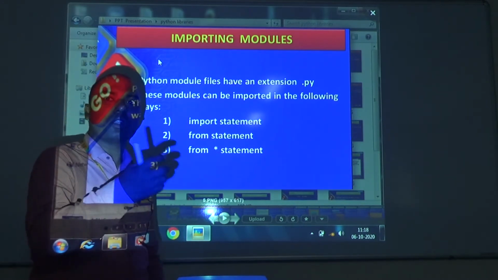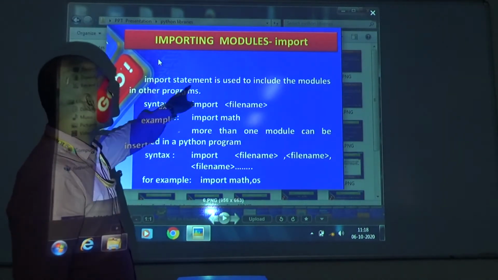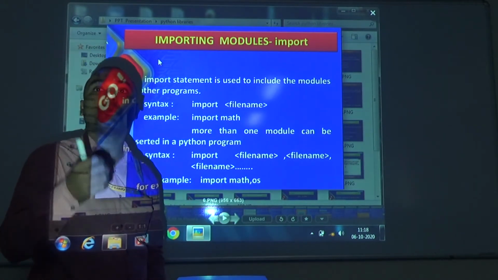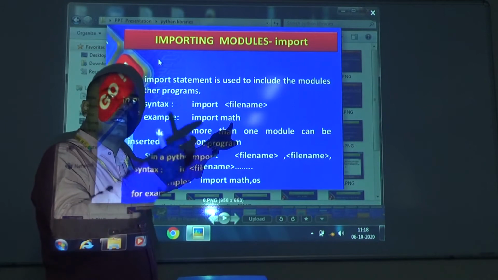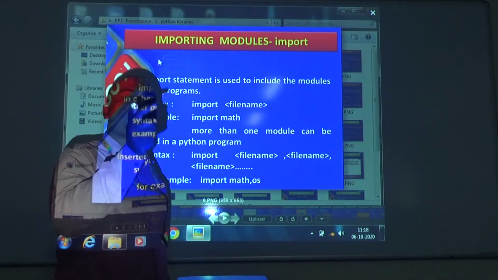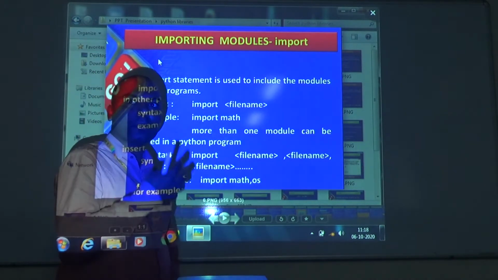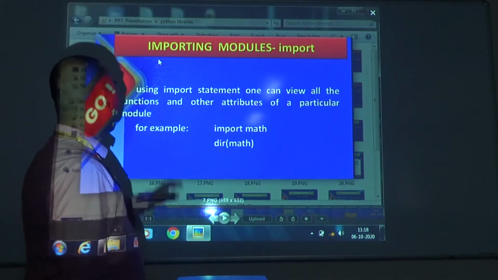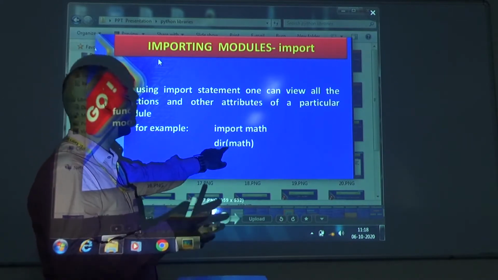From basically denotes calling separate, individual, particular modules. Now see, the import statement is used to include modules in other programs. Suppose we have to call the square root sqrt function or the pow function. How can we call it? Import file name, that means math. Math is an inbuilt module. We have to access math.sqrt, and math.pow. This way we can access the import module by using math functions such as power as well as ceil, float, and all these. Now coming to import math, dir is the directory. We can see the directory of these modules.